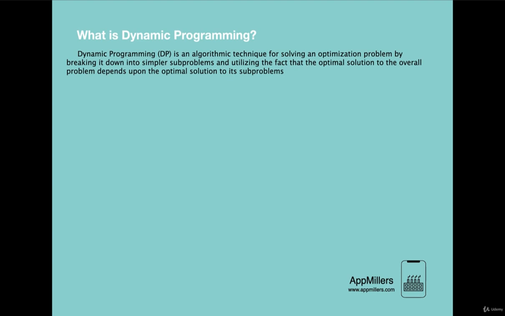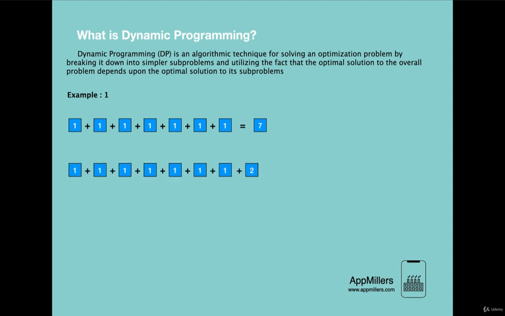Now let's try to understand this definition using a very simple example. Let's say we want to solve this math question over here. We need to find the sum of this series. So we simply add all of these numbers and find out that the answer is 7. Now let's say we are asked another question like this, where we need to find the sum of this series over here. So what we are going to do is simply take the answer from the first problem, which is 7, and we add 2 to this, and we find out that it is